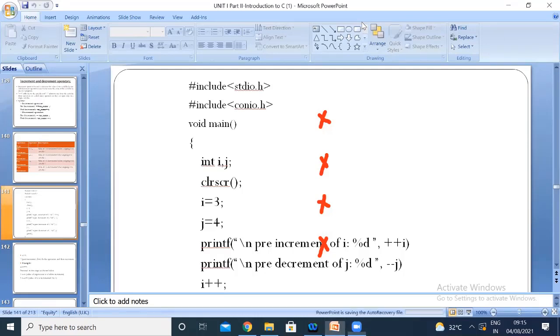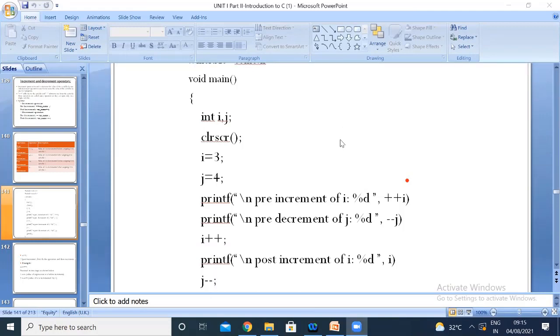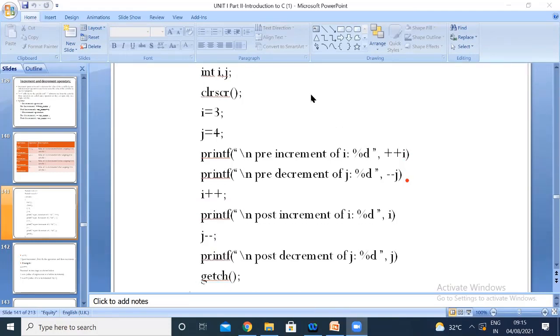Now I have taken a program where the value of I is 3 and the value of J is 4.